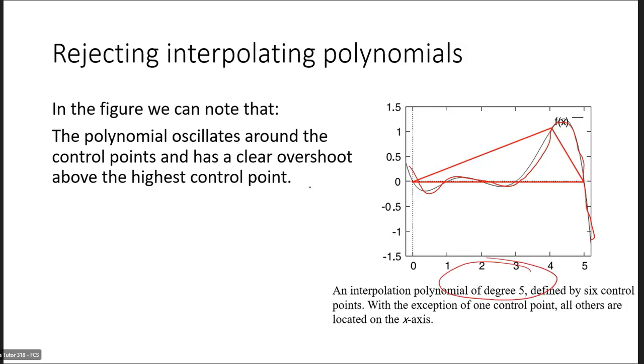So the equation of this curve will be a0 multiplied by x to the power of 0 plus a1 multiplied by x to the power of 1 plus etc. Then we have a5 multiplied by x to the power of 5. So this is x of t. Suppose that the axis here is t. So we can have f of x equals